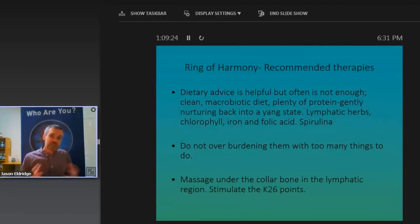They need a cleaner, macrobiotic diet. Rest is of primary importance. Of course, your lymphatic herbs, herbalists will know what they all are. We find things like chlorophyll and iron, folic acid, and getting into MTHFR, correct forms of folic acid, and spirulina. With these types we don't want to burden them with too many things to do. Lymphatic drainage can be a wonderful therapeutic thing, and they can lie still and receive something and perhaps do the visualization that you give them